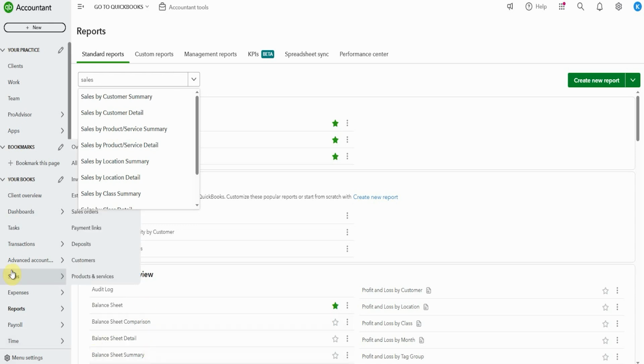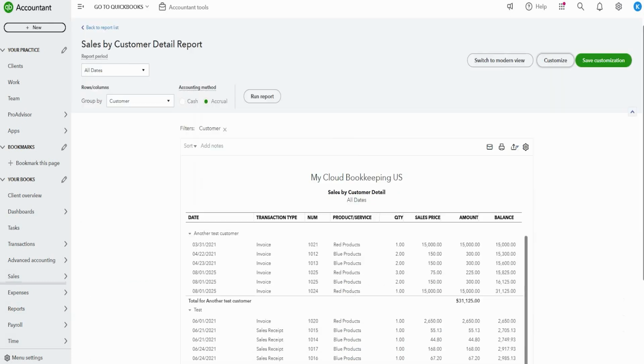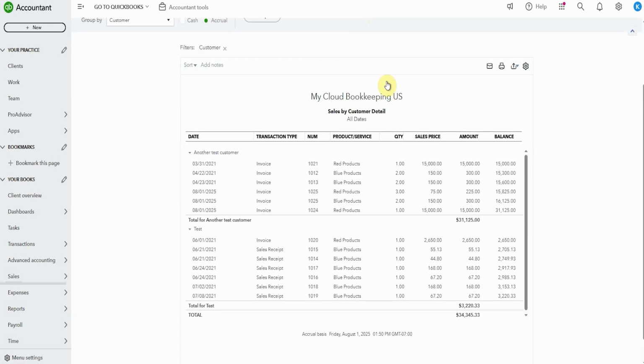So if you go to reports and standard reports, I like this find the search bar thing up here, and I just typed sales for sales by customer detail. And then here's what I've created. I've got some filters in here so it won't be too messy. I've got a test company, a test customer, another test customer,